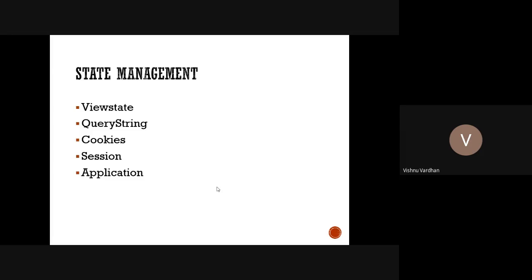If you don't know, no worries. Stateless something. Yes, that's right. Actually, HTTP protocol is a stateless protocol. What is meant by this stateless protocol? Stateless means